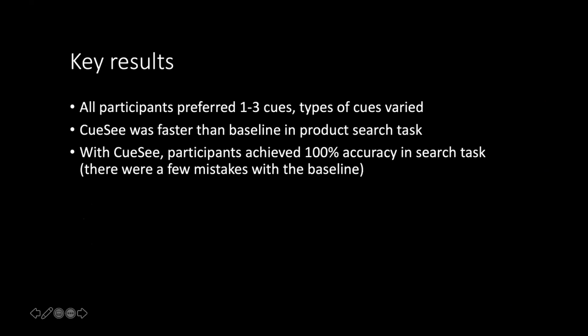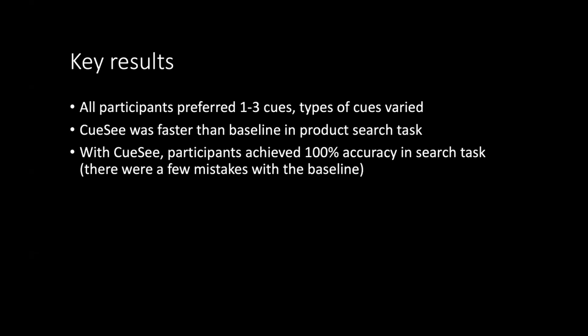And I just want to highlight some key results here. Overall, we found that QC was very effective, and all the participants preferred at least 1 cue to the baseline, which was just magnification. So what we saw here was that the cues really did help participants find the target product. So just magnifying the target is not enough to help with this visual search task. And most participants combined cues. So they combined 2 or 3 of the cues. And there was quite a bit of variation across the 12 participants. So we didn't see any strong patterns here,